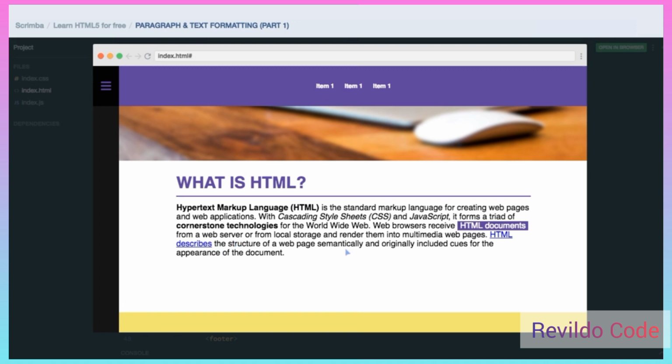Okay, so this is basic formatting for paragraphs. I'm going to show you a little bit more in the